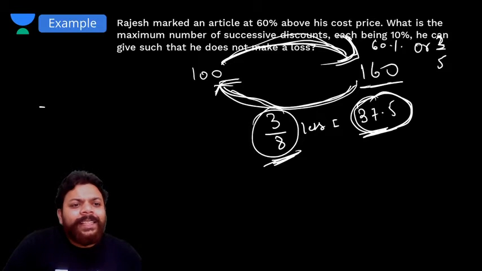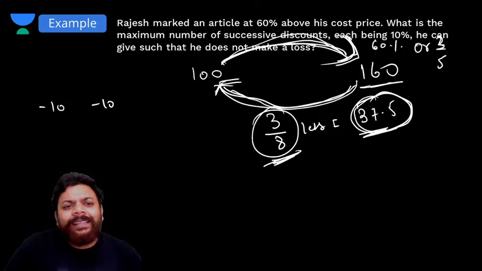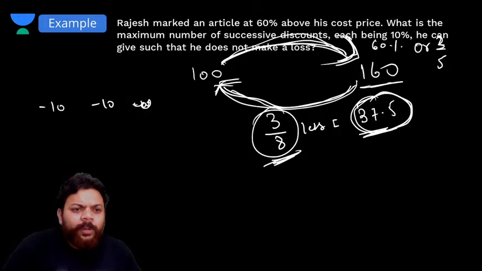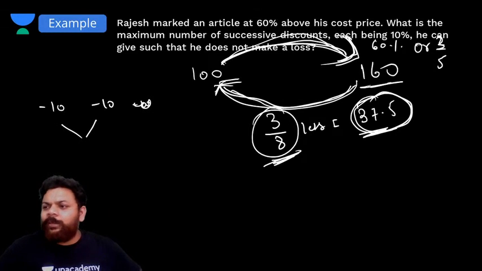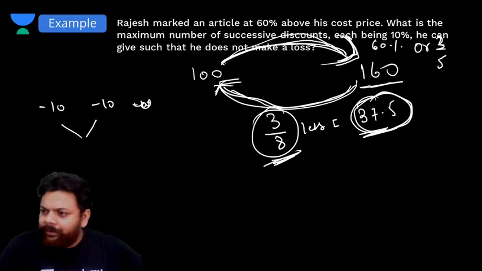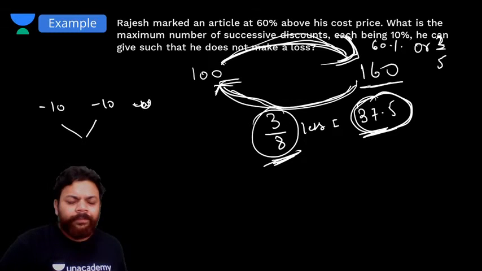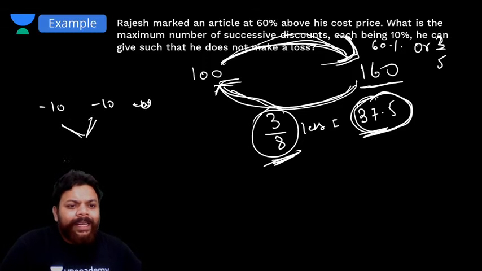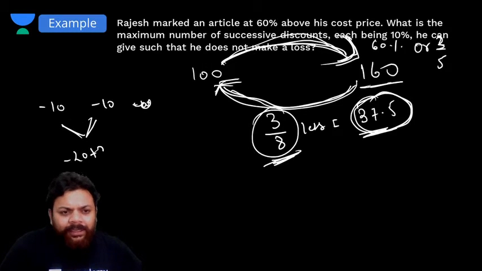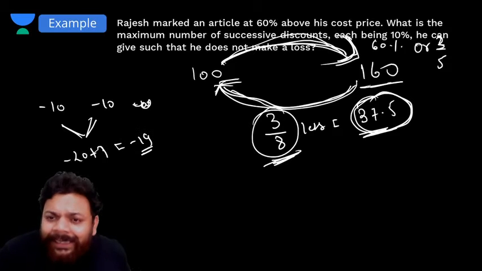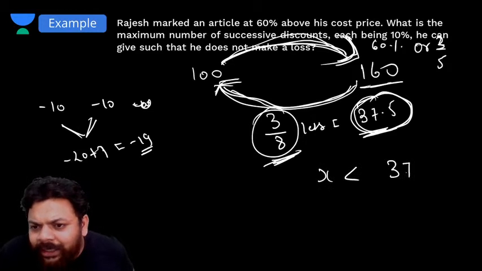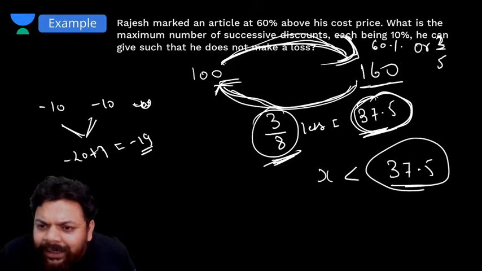तो अगर सक्सेसिव डिस्काउंट 10, 10, 10 मैं पहले 2 टाइम लेके देखता हूं. If I consider successive discount of this one, हाँ ये सही है सुभाशीष. अगर मैं 10 और 10 लूँ तो I will get -20 plus 1, that is -19. तो ये इससे कम है. Just try to think, जो भी वैल्यू इससे कम आता जाएगा वो मैं कंसीडर कर सकता हूं.